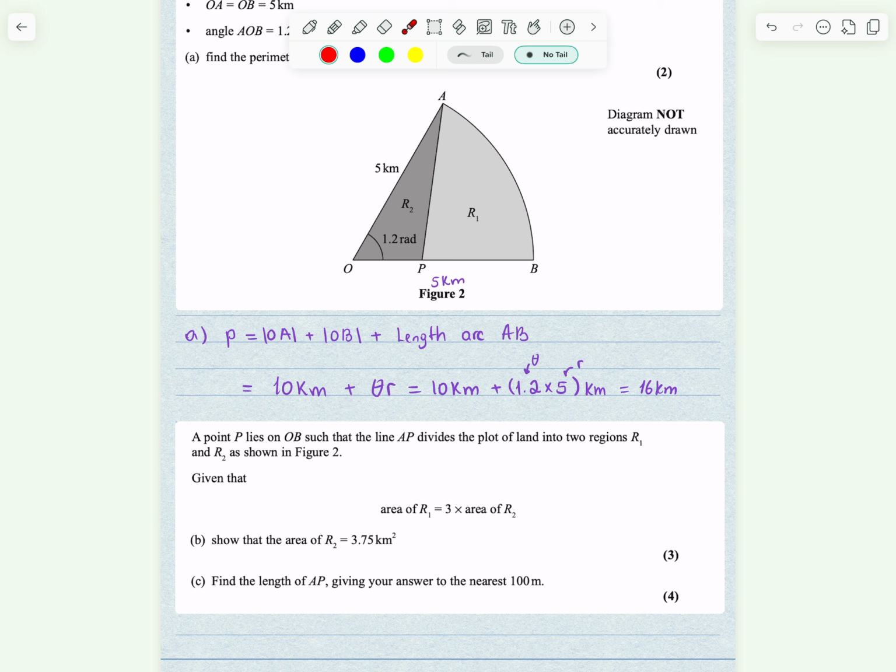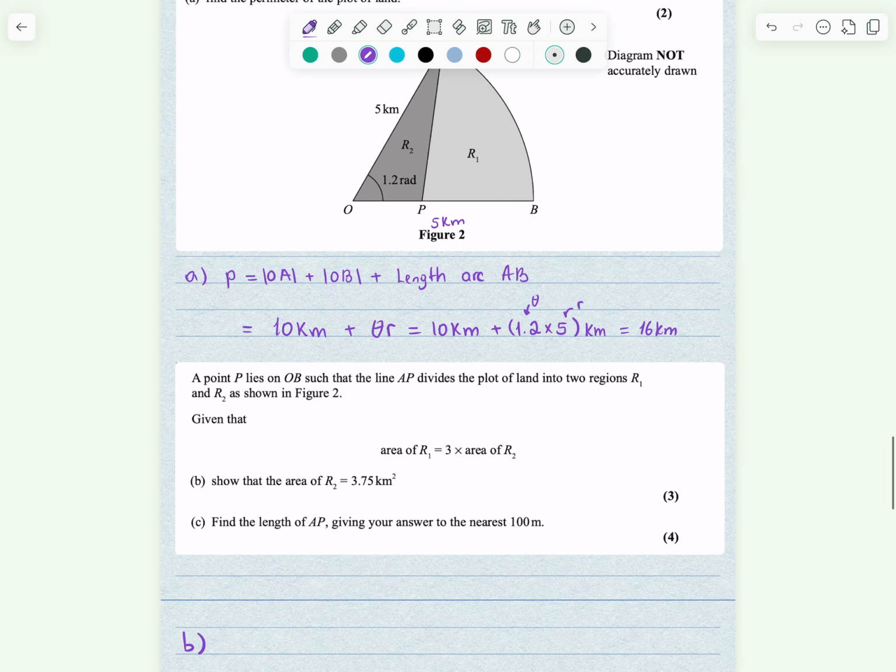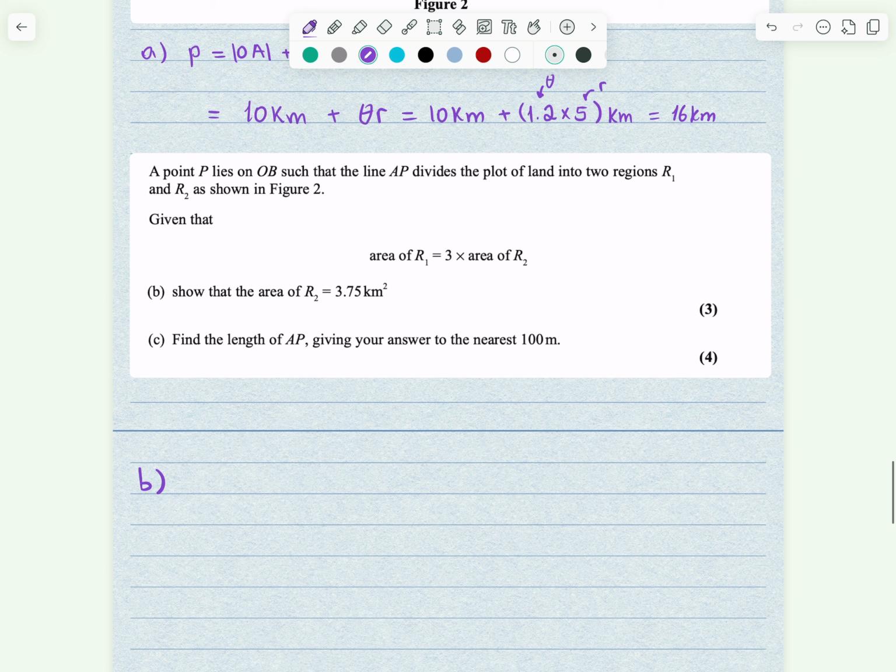If I just try to find the area of this triangle, which is R2, they would not give this ratio if it were possible. It's not possible because I don't know what OP is, I don't know what AP is. There are many things missing in the triangle, and it's impossible to work them out without knowing a couple of extra things. So like I said, find the total area,